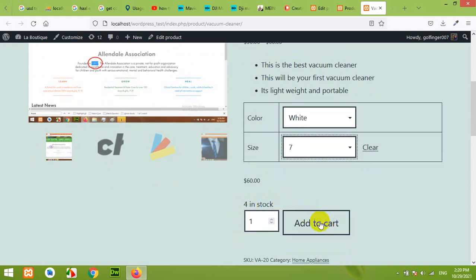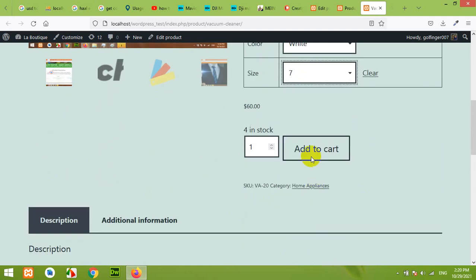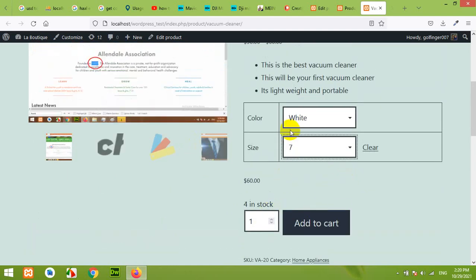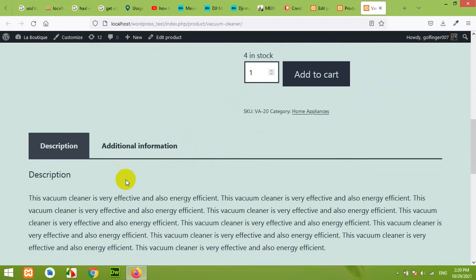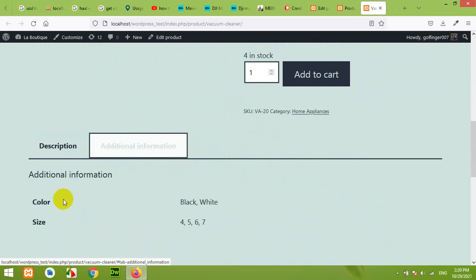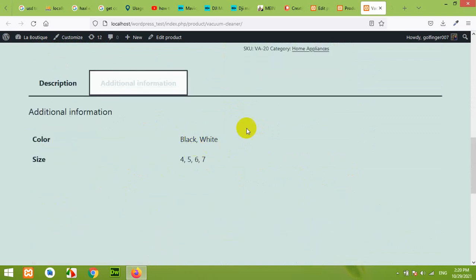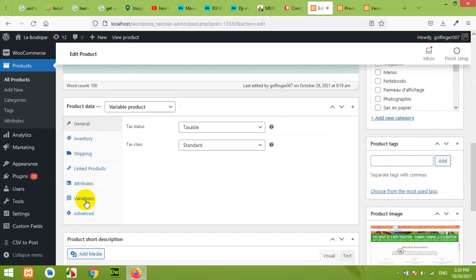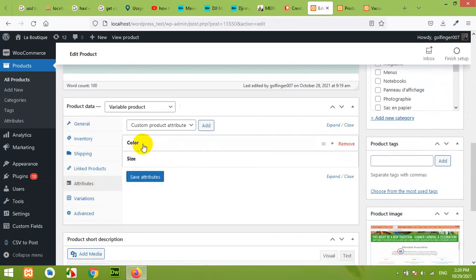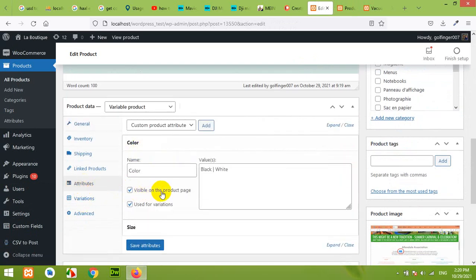Now when you click on add to cart, then the seller will know which size and which color t-shirt the buyer wants, and it's the stock, it's already a default option. And also if you come to additional information, then you can see these attributes, because we chose the option visible on product page.